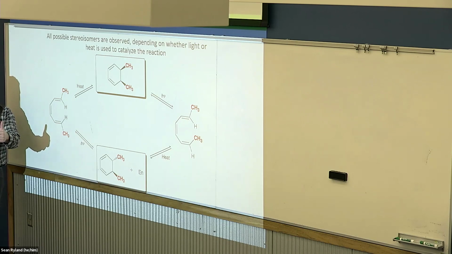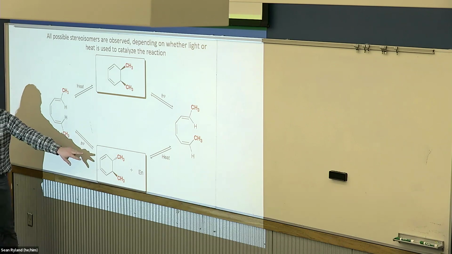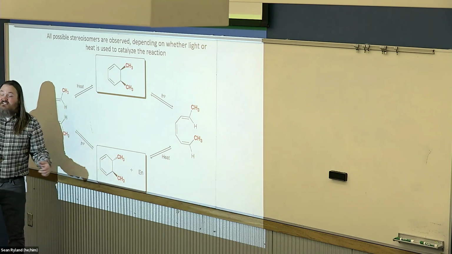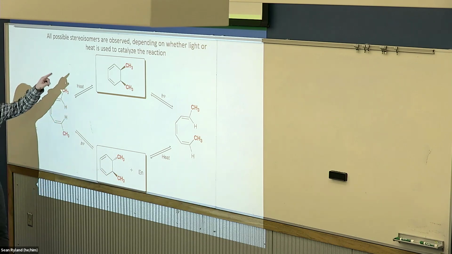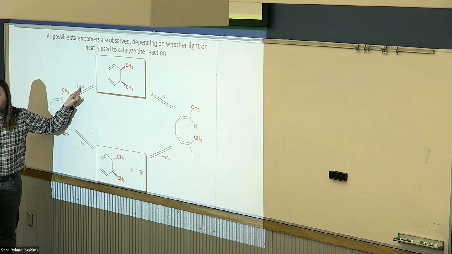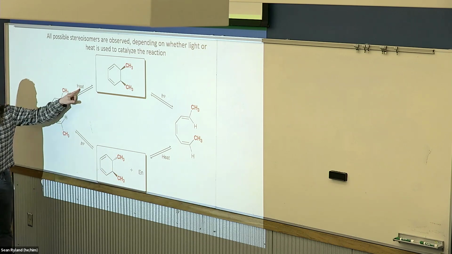But if they needed to rotate in opposite directions, if they were out of phase, then one of my thumbs would rotate in and one of my thumbs would rotate out. And that's going to bring the methyls into the trans configuration. So basically, getting the orbitals to be in phase versus out of phase is going to determine which way the substituents rotate. And that's why heat causes them to rotate one way, because if you're catalyzing it with heat,